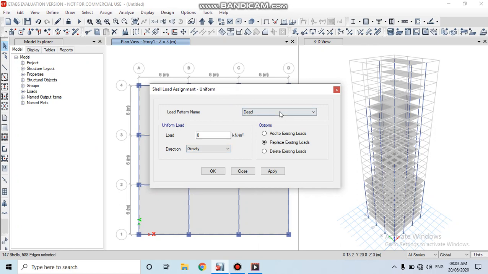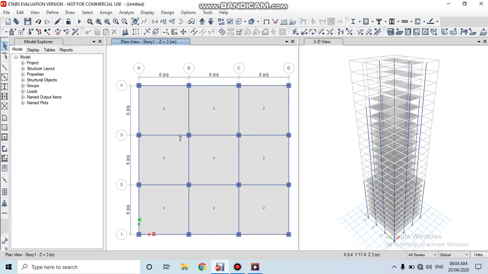Then enter here the load pattern name as dead, and enter the uniform load as 2 kilonewton per meter square as we considered. Then click on apply, click on OK. Here we can see that the shells have the dead load of 2 kilonewton per meter square.